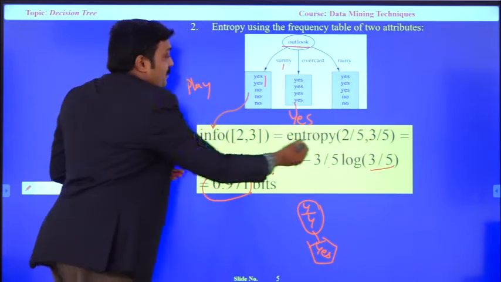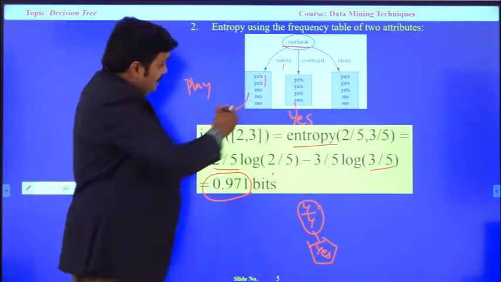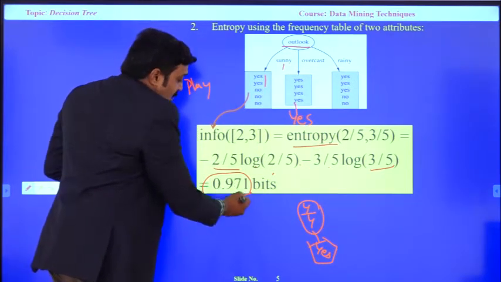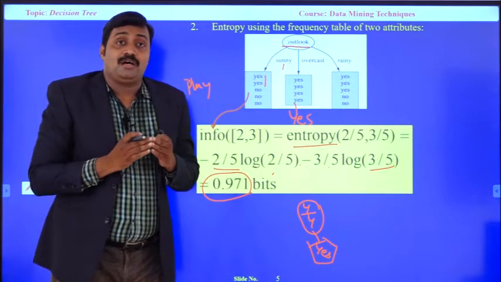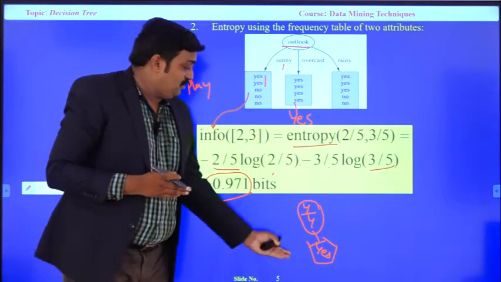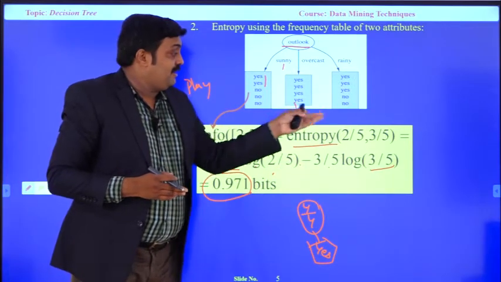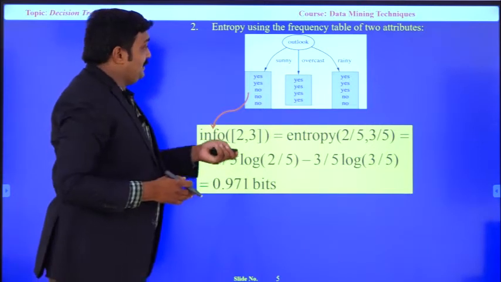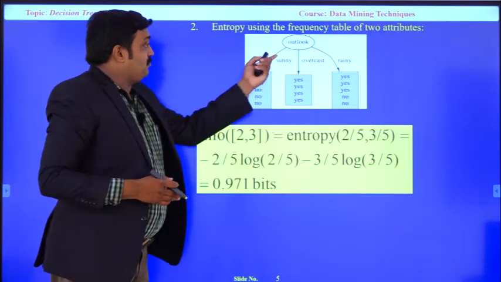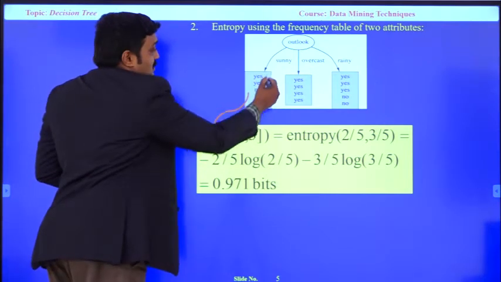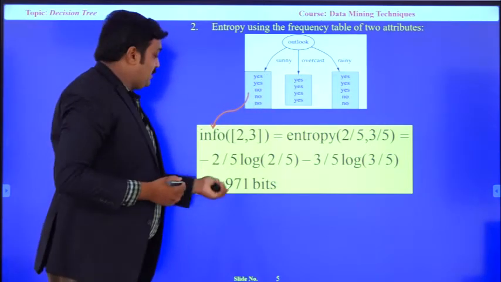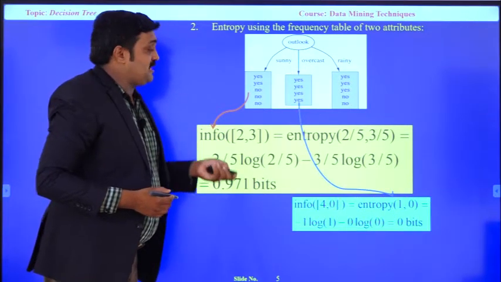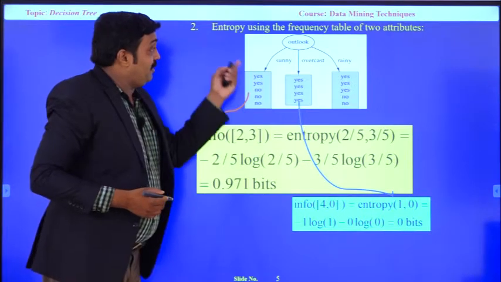When we calculate the entropy for any attribute based on the values, we can say from the value we got that all belong to the same class whenever entropy is 0. Now, based on this calculation, whenever the outlook is sunny with a combination of 2 plays and 3 not plays, we got 0.971. Whenever overcast, as already said, all belong to the same class, so automatically the entropy is 0.